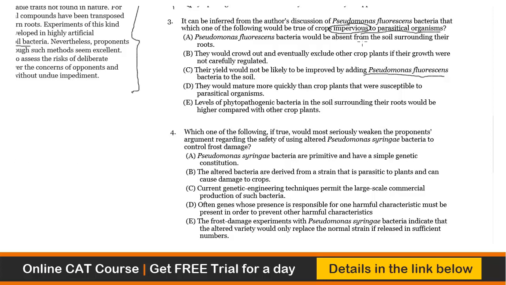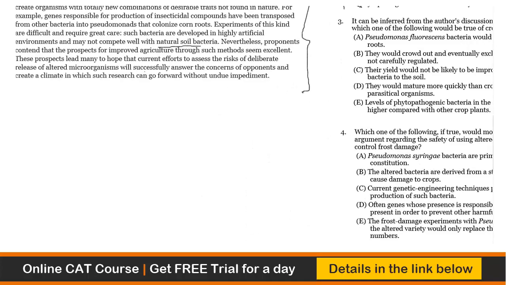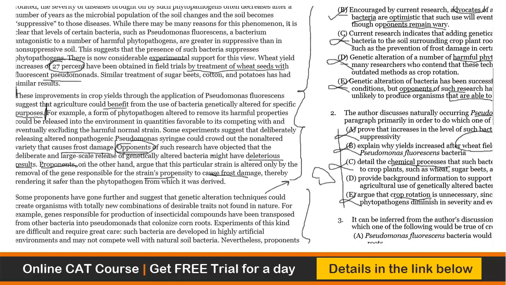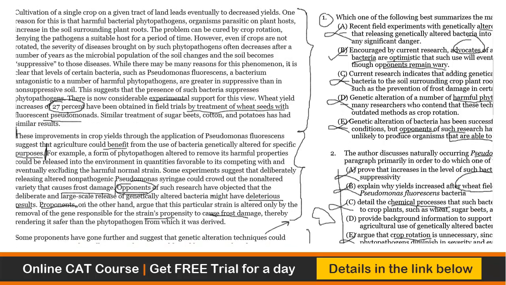But if the crops are impervious to parasitical organisms, see, Pseudomonas is a parasitical organism. Are we getting this point? The author has clearly said that Pseudomonas is a parasitical organism. If you scroll up here, in fact, it is a parasite. So the author has said that phytopathogen is an organism's parasite. And then he says that, however, if crops are not rotated, the severity of the disease brought on by such pathogens, while there may be many reasons for this, it is clearly that certain levels of bacteria